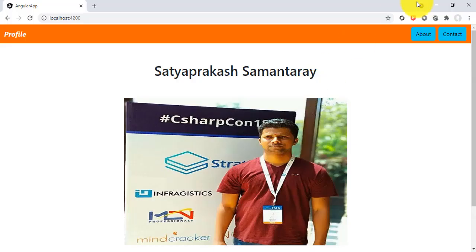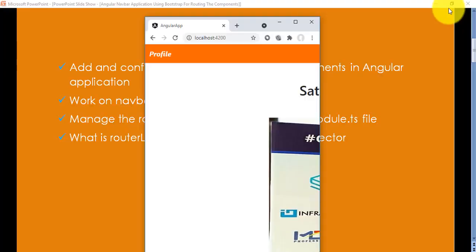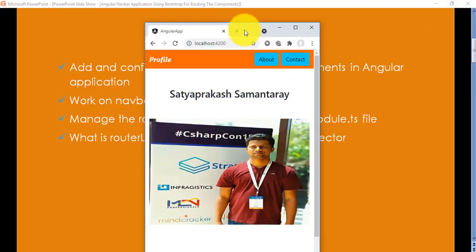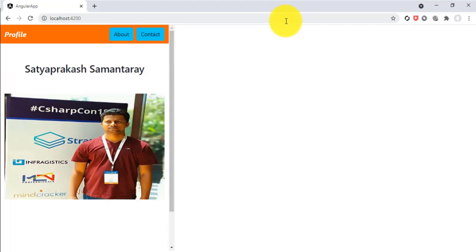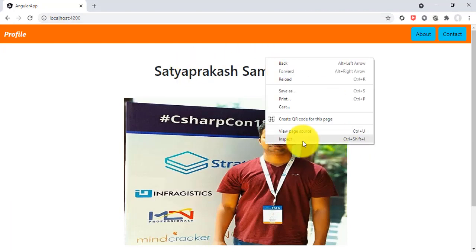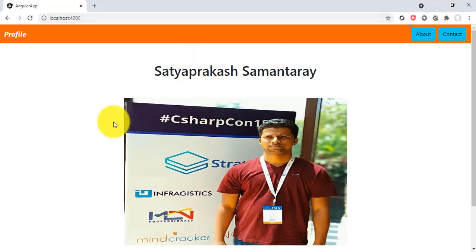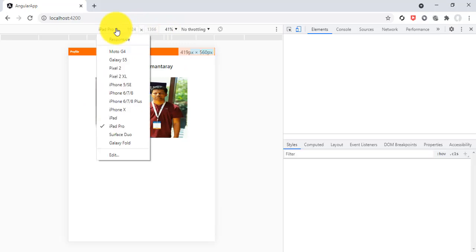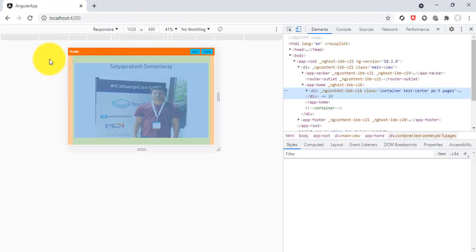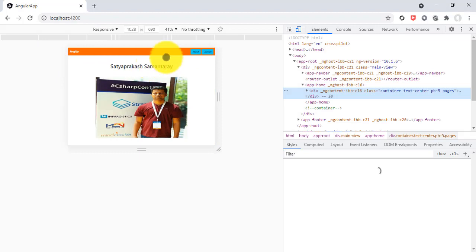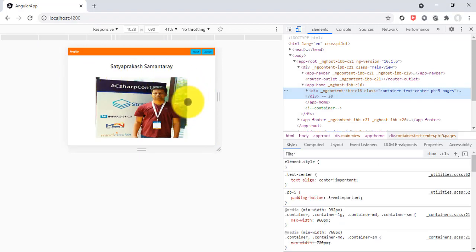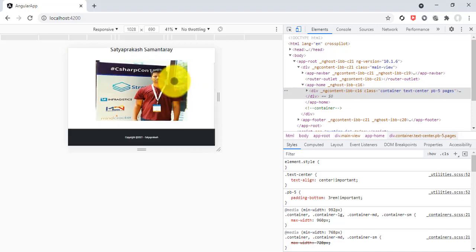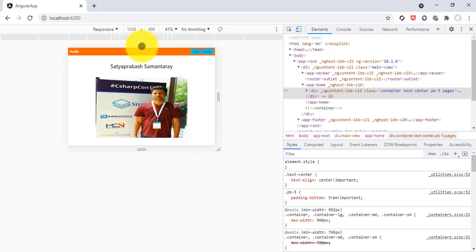Okay, now we'll check this Bootstrap responsive. You can see here our application is fully responsive. If we go here and inspect element, now I'll go to responsive, and we'll check that the whole home, all the contents in a page, are within a single view on a responsive part.